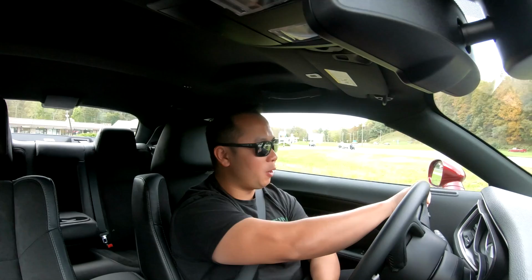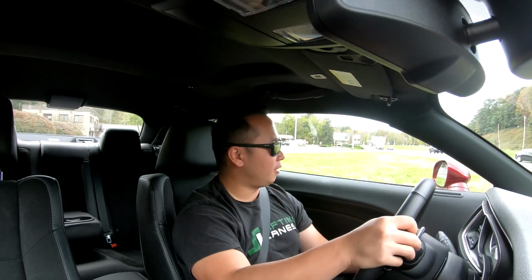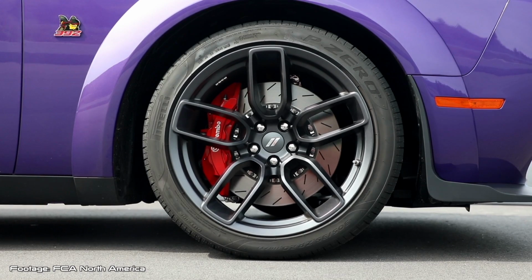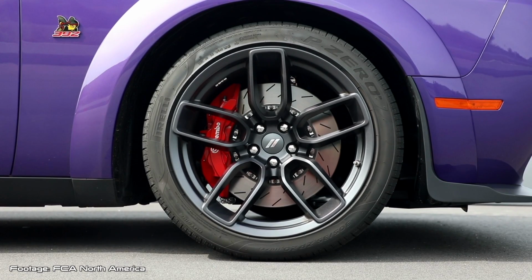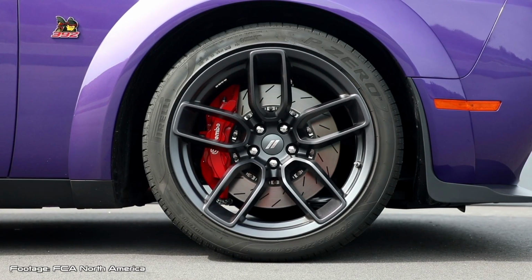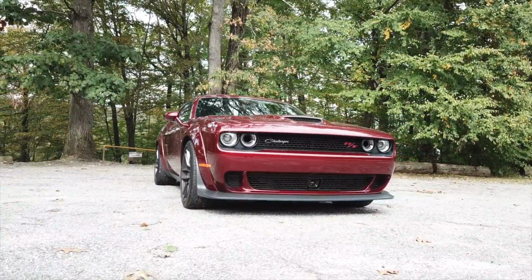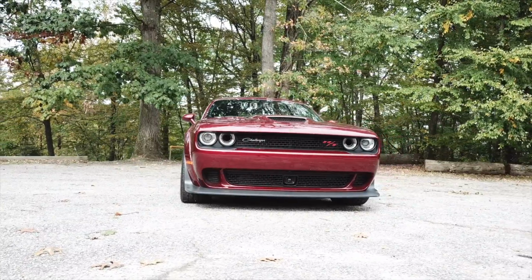Anyway, to continue on with the good of this car, in addition to the wheels, what's wrapped around those wheels is also great. You get 305 Pirelli P Zeros. That is a ton of rubber. That is 12 inches worth of rubber. It's a square setup, so it's all the same all around. You also get the SRT adaptive dampers. What that means is that you have...